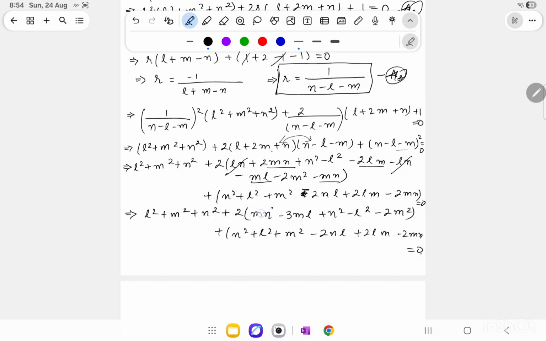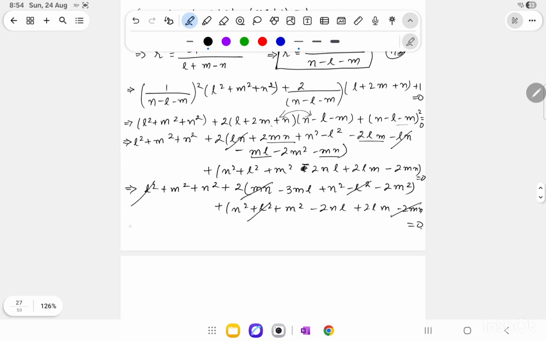So we see that this 2Mn balances out this one, and L square plus L square balances out this 2L square. I guess that is it. Yeah, so we are left with